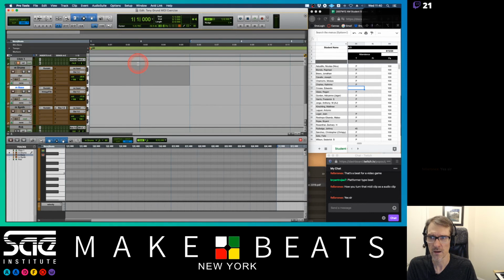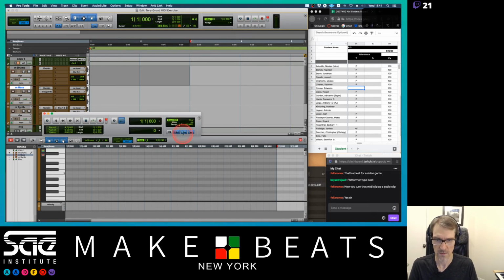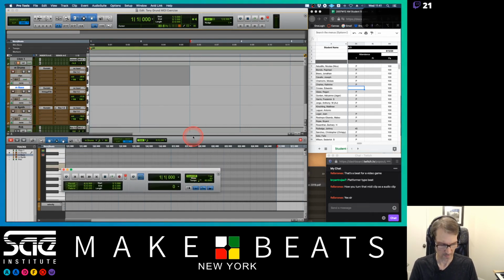So I set my loop to be 2 bars, and I've got my drums over here, and I'm just going to go ahead and remember our transport here, MIDI merge, turn that on, and I'm going to hit the record button. It's going to do a 1-bar count in for me. Why are we not hearing anything? Because my MIDI click is, there we go. Okay, and I'm going